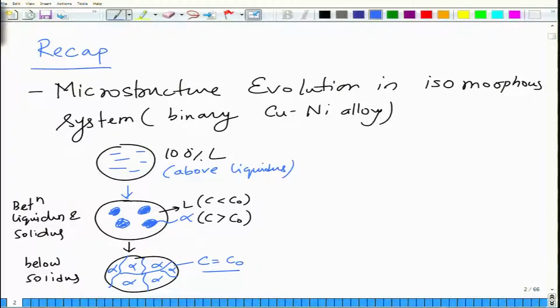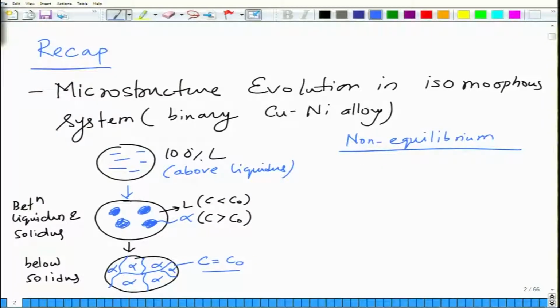On the other hand, in the non-equilibrium structures, now non-equilibrium cooling happens because the cooling rate is not slow enough. Because of that, the solute partitioning in the solid state is not complete. As a result, the solid which forms earlier is richer in solute as compared to the solid which forms later. So as a result, the microstructure that you form is, so I am not going to draw all the microstructure, but the microstructure that you form